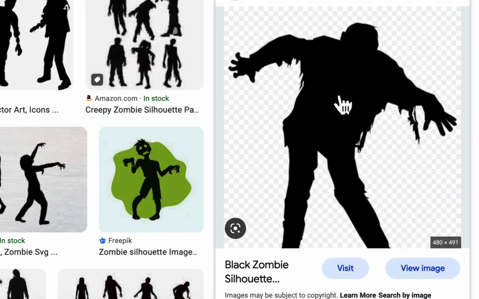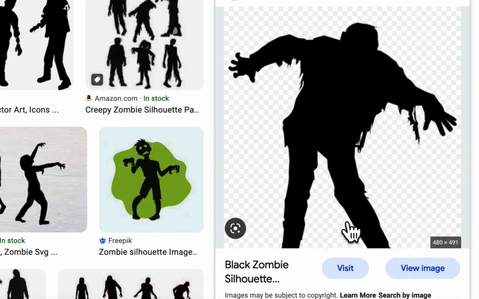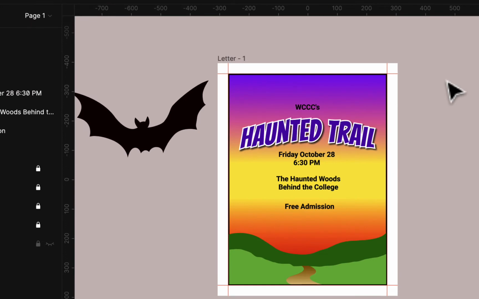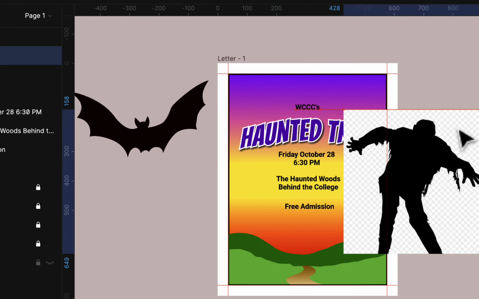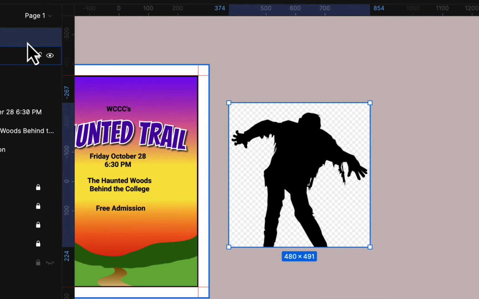I'll go here, and I'll just right click and copy image. And this one has a kind of a checkerboard background. I'm not sure if that's going to be an issue, but I'll go in here and I'll just go off to the side and I'll just paste it. And let's see how this tracing thing works. Here it is, and I'm going to go to